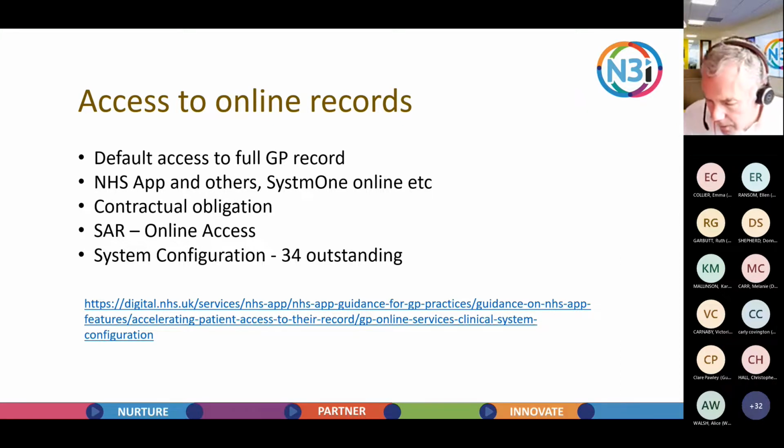And what I would say, our DOTS team within N3I, we've got the actual list, because from the back end, NHS Digital can pull off a report, so we know which 34 practices there are. You should have been contacted by Emma, I think, who's from the team doing this. She should have sent you something over the last couple of days that says you just need to do this, and it'll be that link that tells you what you need to do. We're going to run the report again, and hopefully we'll be contacting those of you who still haven't done that. I think it's a fairly small tweak you need to do to the system, but it's slightly annoying, because they originally did say that you wouldn't have to do anything, and now it turns out you do. But I don't think it's a major thing.